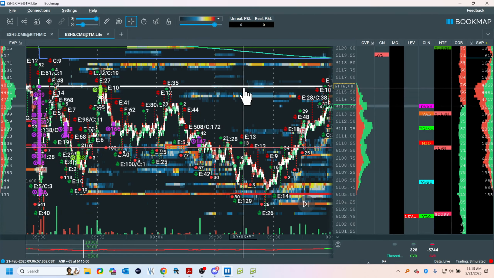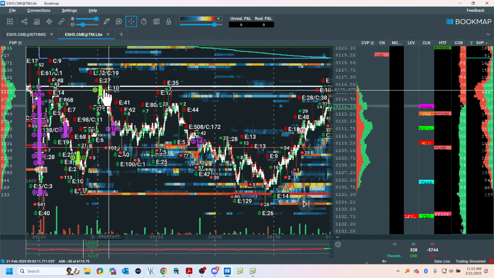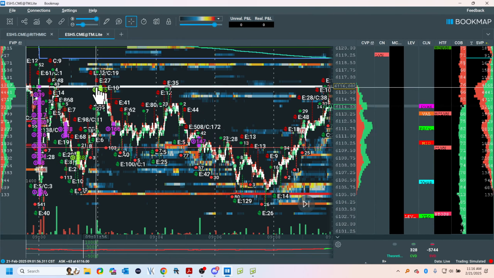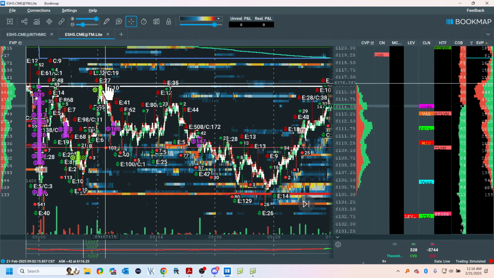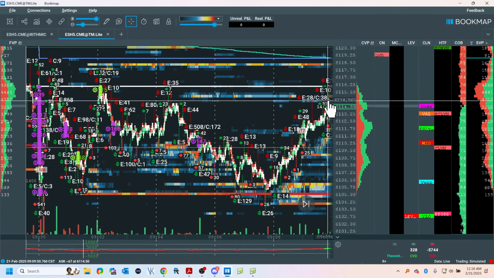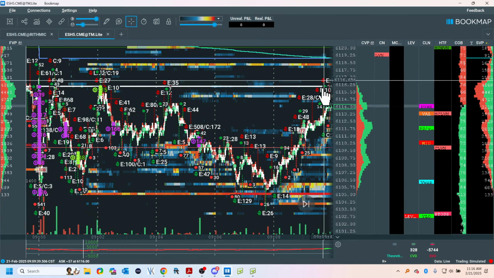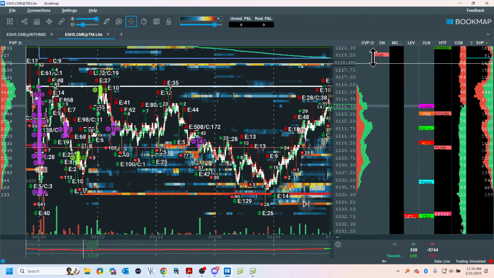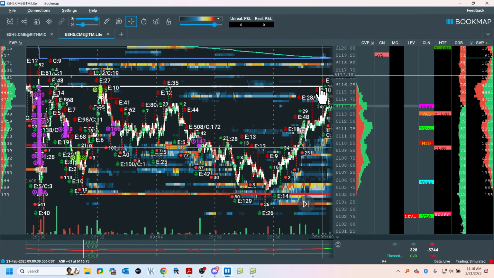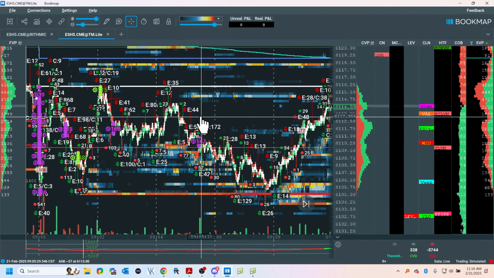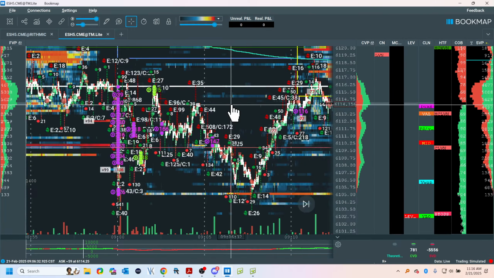I do not take the same location over and over again. What do they say? First time is the charm. Why? Because now there's buy stops sitting above these swings, and retail traders put their stops in the same place. I do not want to participate in their stops. I want to use their stops to look for exhaustion and at a location to get repositioned for the continuation trade. So for me, it's only shorts today.